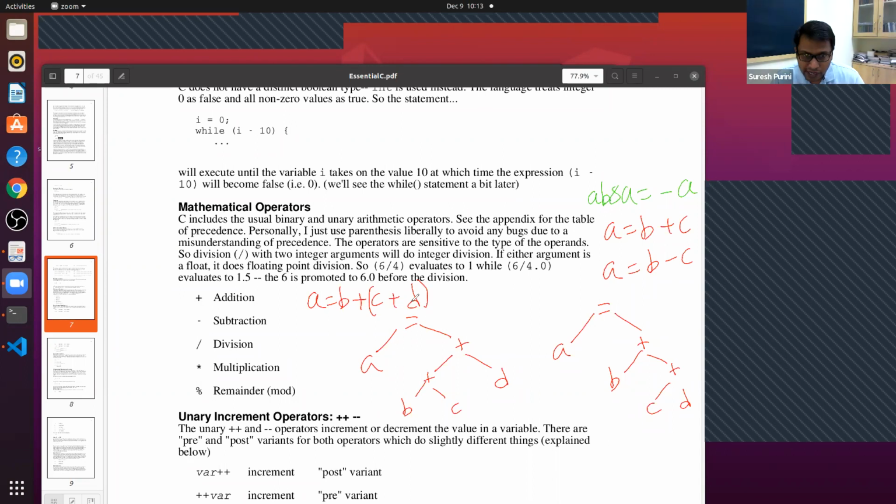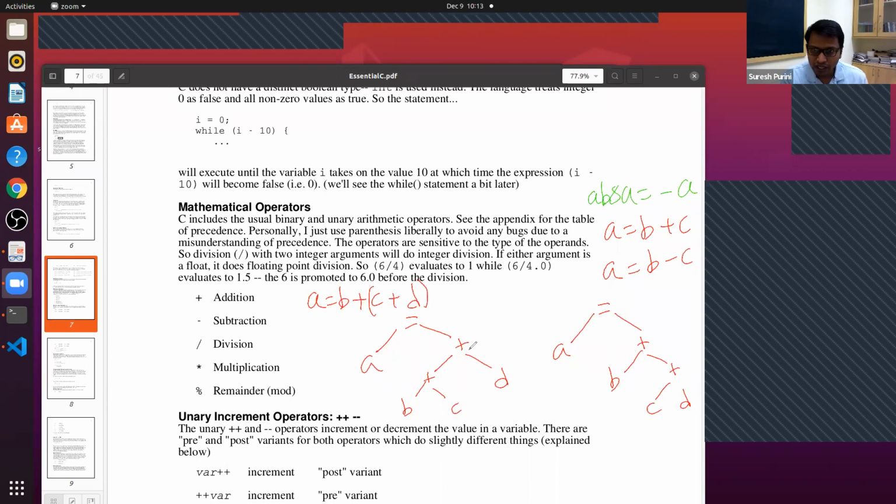When we put a parenthesis around C plus D, then it gets the highest precedence. So then you are overriding the default associativity. Whatever is present in C plus D will be evaluated first.